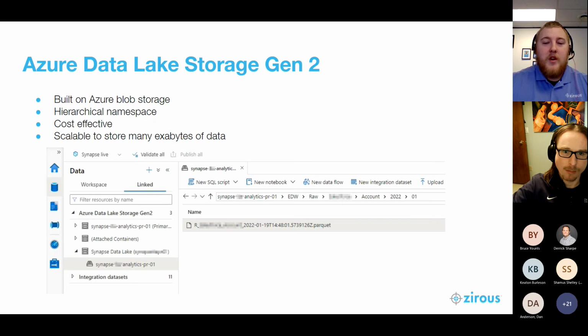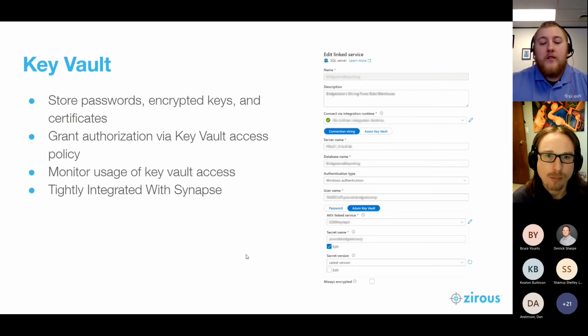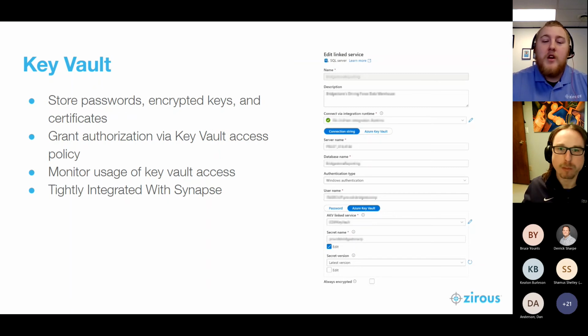And then the next thing we need to worry about, after we've gotten our data and we know where it's going to end up living in the data lake, is how can we securely connect to our sources. For that, we're going to be using a tool called Azure Key Vault. This is a tool that's not directly inside of the Azure Synapse environment, but is highly integrated and very easy to use inside of the Azure Synapse environment, which is a common theme you'll see throughout tools that are used in conjunction with Azure Synapse: if they're not a direct part of the environment, they're usually highly integrated and very easy to use.